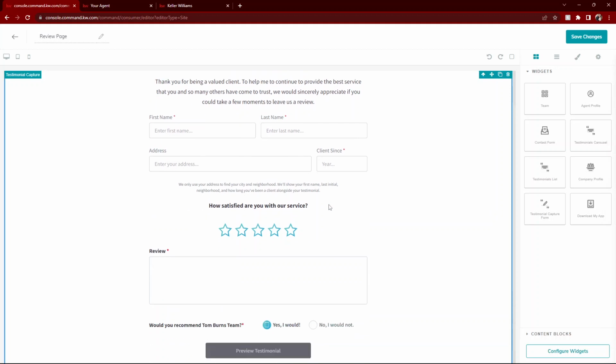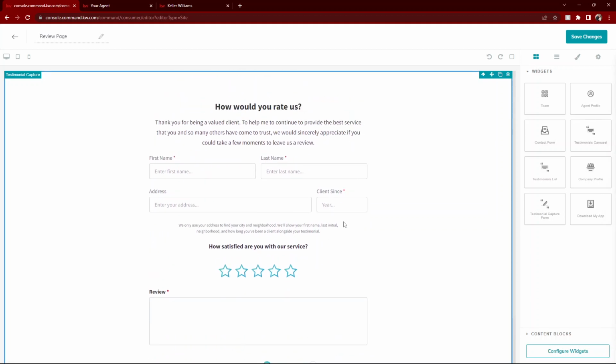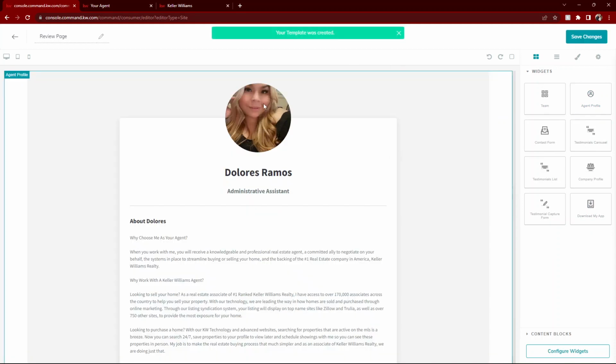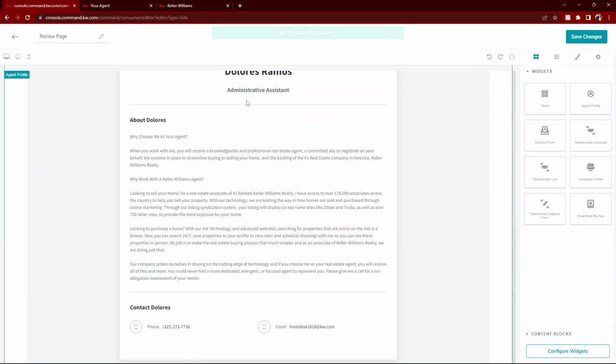But let's say this is pretty boring to just have on a web page, and there's always going to be that contact form at the bottom, but we want to remind them whose website they're on, right? So why don't we go ahead and grab an agent profile and pull it up here too. That's going to automatically pull in from